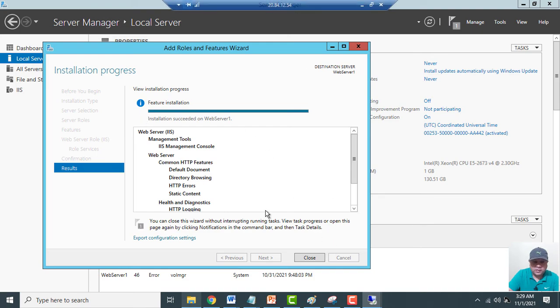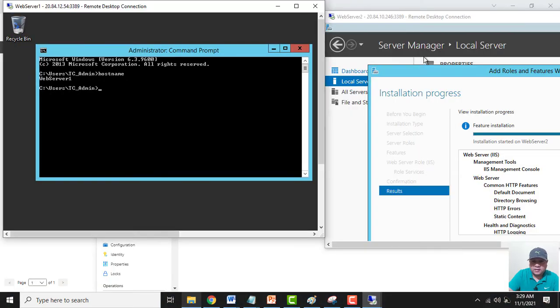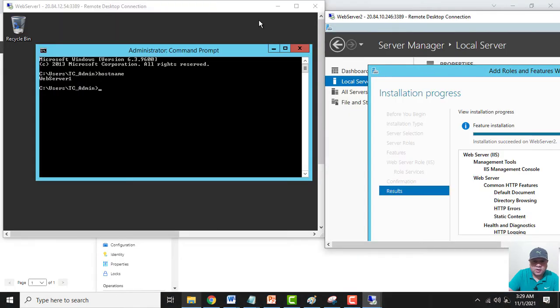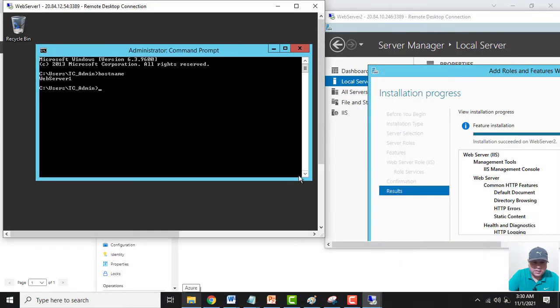So on web server 1, the installation is a success. Let me close it. Let me close the server manager as well. Let me see. Okay, so here the IIS installation is still in progress. So now I will configure this first server, web server 1, with a small HTML page. To configure it, let me open its C drive.